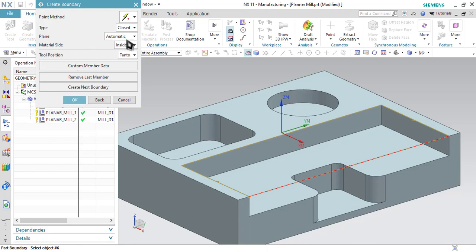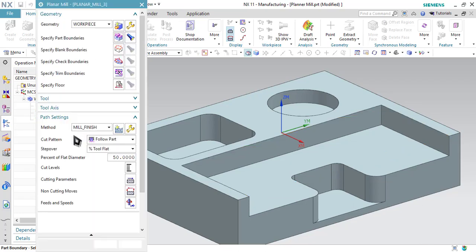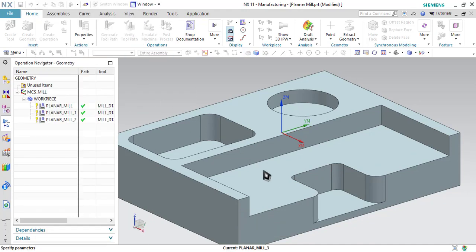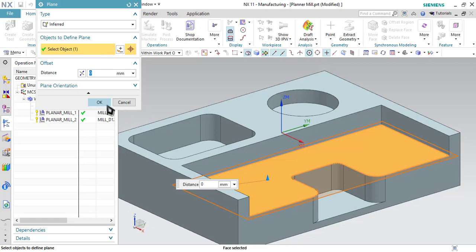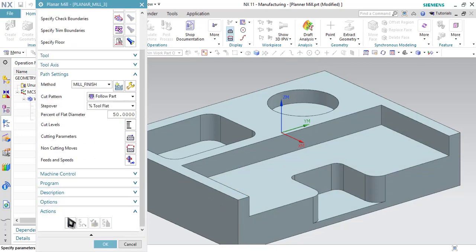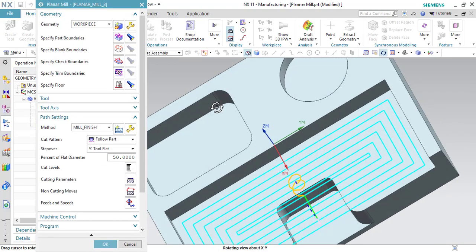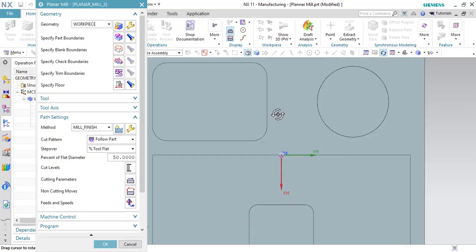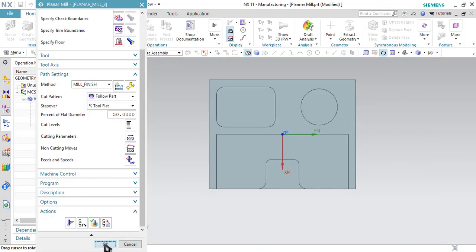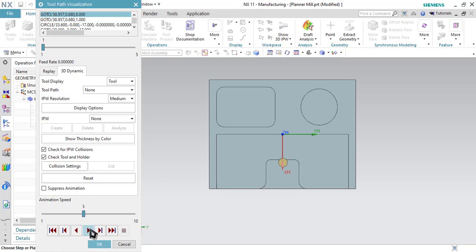In material side we have to select outside and click OK. Now let's specify the floor. And generate the toolpath. Let me just visualize the toolpath.